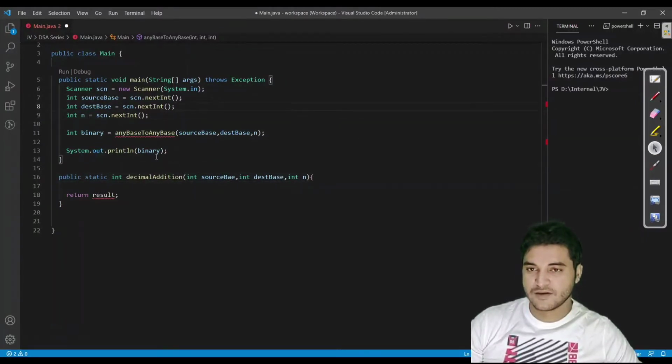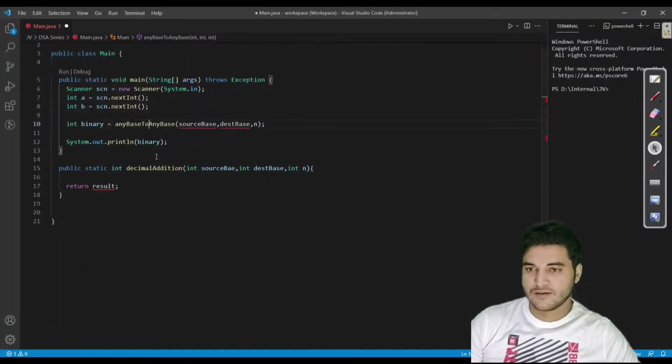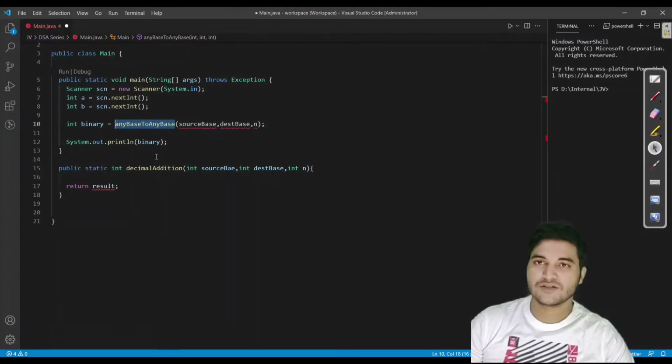Here we take numbers from the user, let's say A and B, and we call this method decimal addition, because we are solving the number system problems with the help of methods or functions.